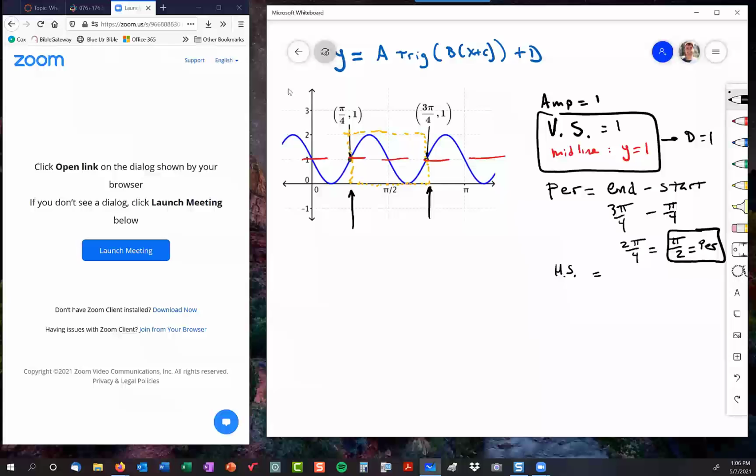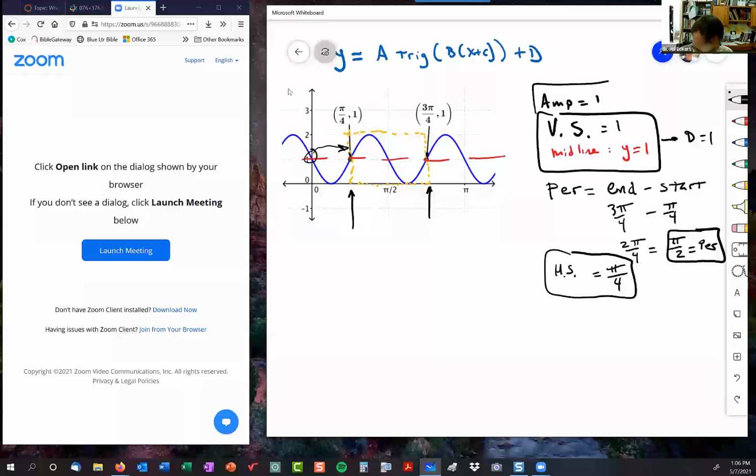Is it the pi over 4? It is, exactly. Normally we like to start over here, but the box has been shifted over to the right side, and the box is starting exactly where Faye said, pi over 4. Now, from those four things, we have to work backwards to the ABCD